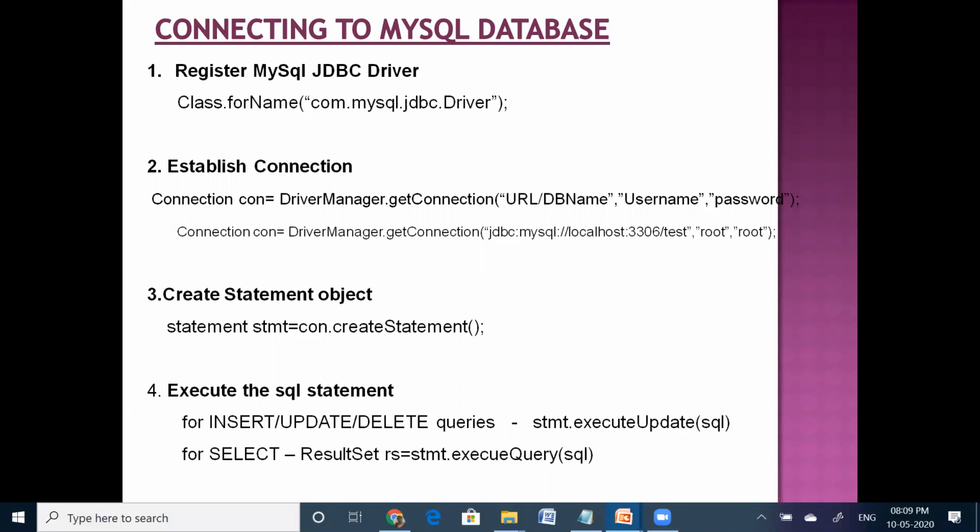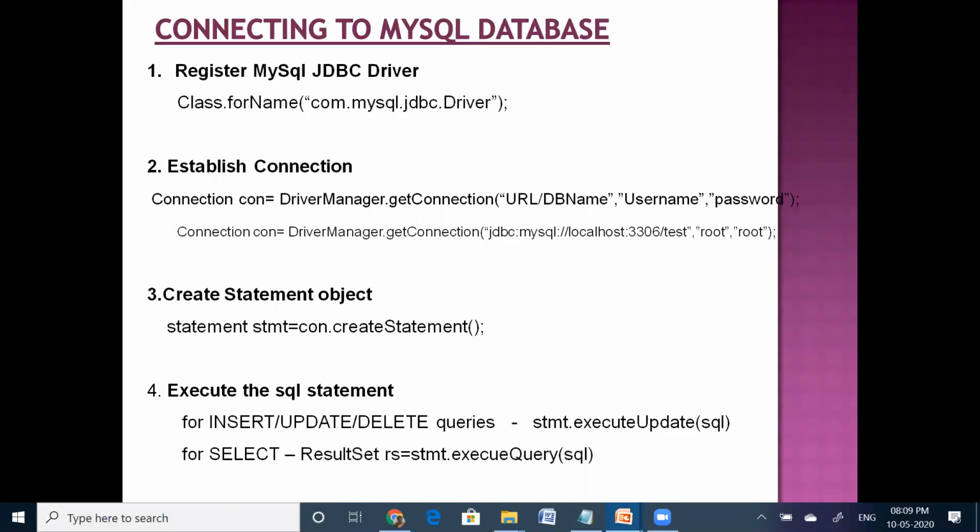Finally, once your SQL statement execution is over, you just close the connection by using the close method. For closing the connection in JDBC API, we have one method, the close method. You just call the close method on the con object, and automatically that connection will be closed. So con.close. So these are the few steps we need to do while establishing the communication between the server